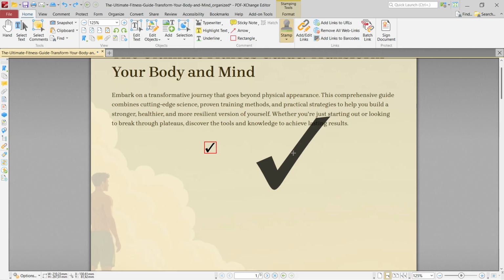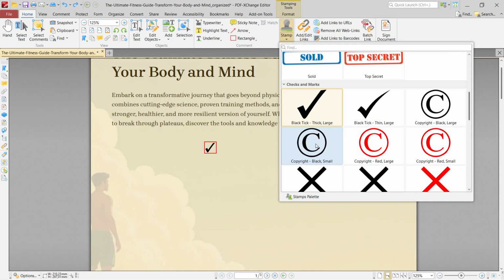So that's pretty much how to do it. Again, watch the full tutorial on how to get these stamps if you want to on my channel. I do have it,